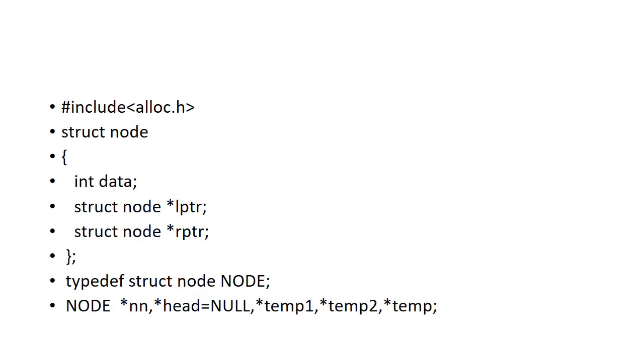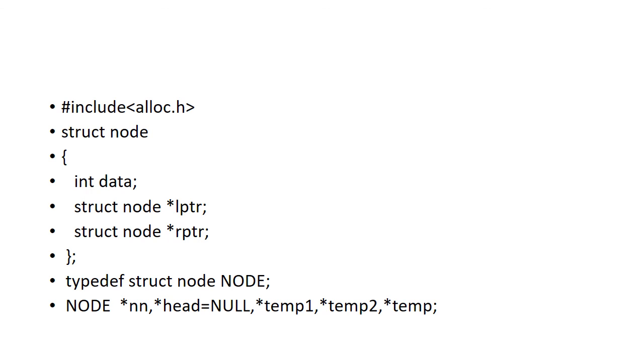Okay, that is, if temp1's right field is not equal to null, go on traveling to the last node by checking the right pointer of temp1. Once the right pointer of this temp1 is equal to null, then this will not get executed. Then you have to stop and come to the next statement here. Then temp1's left will become temp2. Then temp2's right pointer you are making null, and then you are freeing this particular temp1 which is at the last.